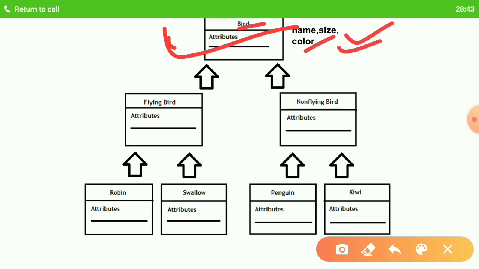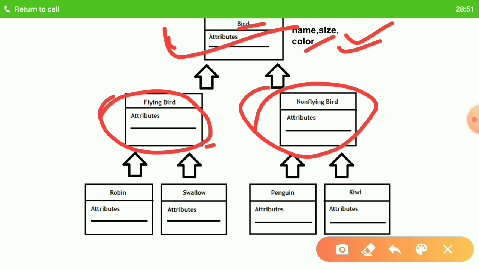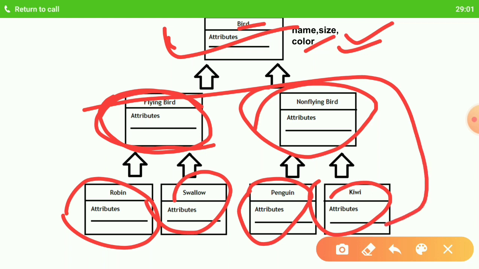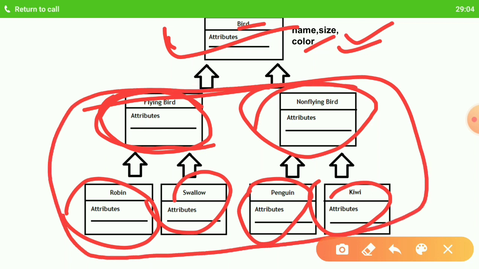Okay, so name, size and color will be possessed by any kind of bird, whether it be flying bird or non-flying bird. And within flying bird it can be robin, it can be swallow. Within non-flying bird it can be penguin, it can be kiwi. Okay, all these different categories of birds will have at least the name, size and color.